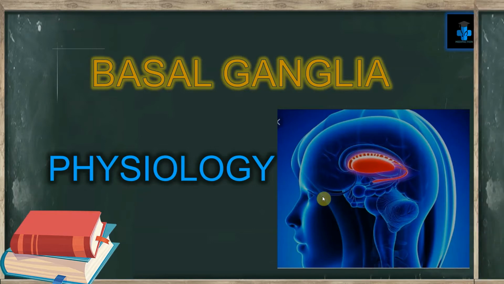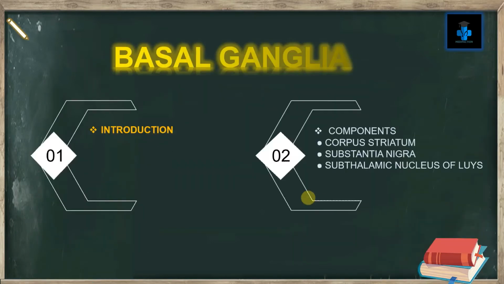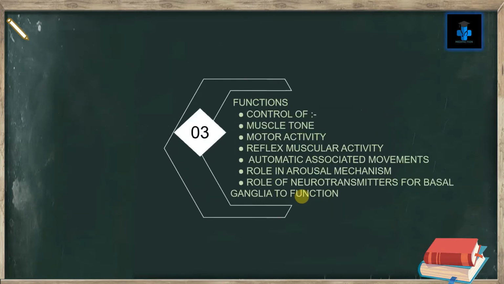Now, in order to learn more about it, let's go further. In this video, I'm going to enumerate an introduction about basal ganglia. We're also going to discuss the components of basal ganglia, which are corpus striatum, substantia nigra, subthalamic nucleus of Luys. We're also going to discuss the functions of basal ganglia, in which the control of basal ganglia over the muscle